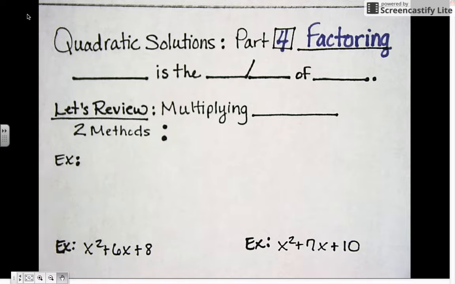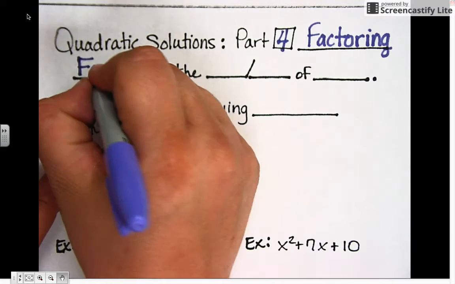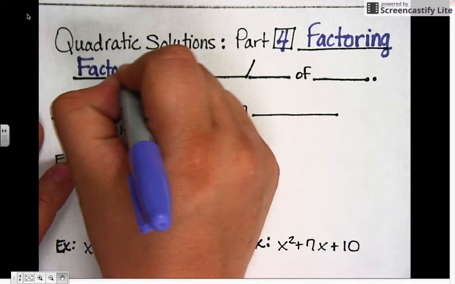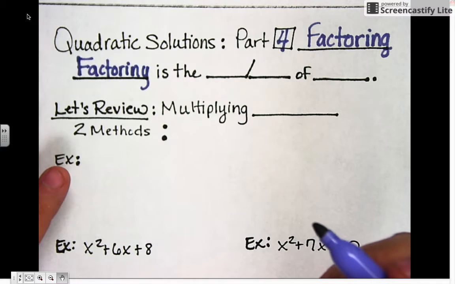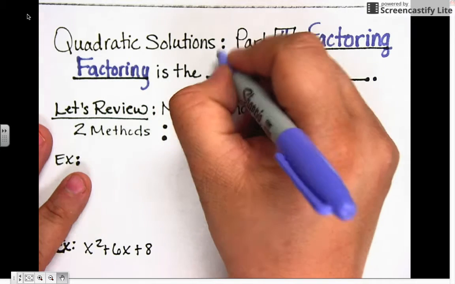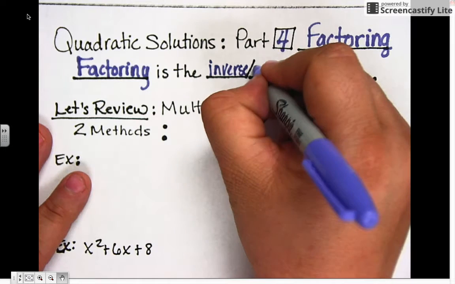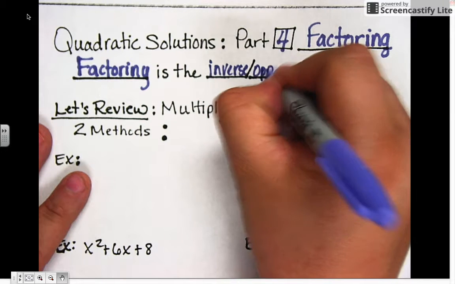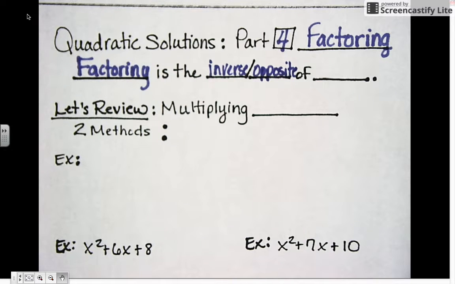So we're going to start by figuring out what factoring is. Over here on this line, go ahead and fill it in. So we have factoring. Factoring is blank, blank of blank. So it is the inverse or opposite of